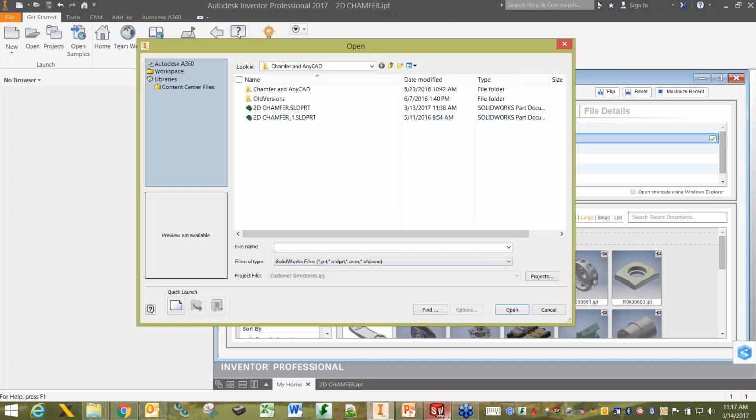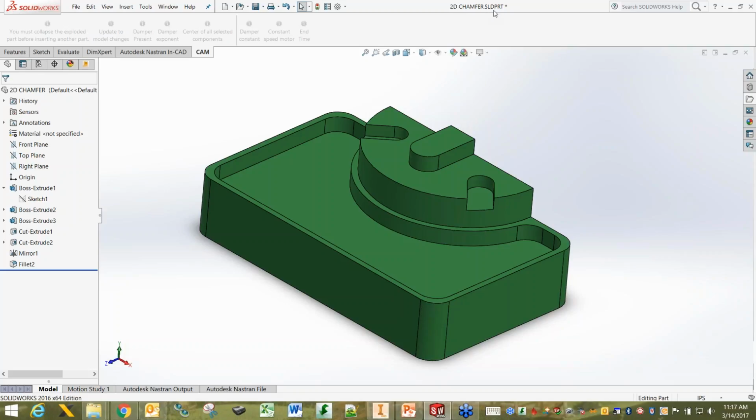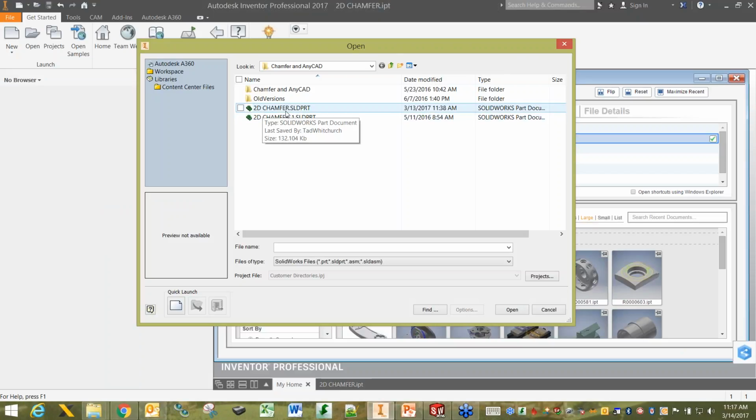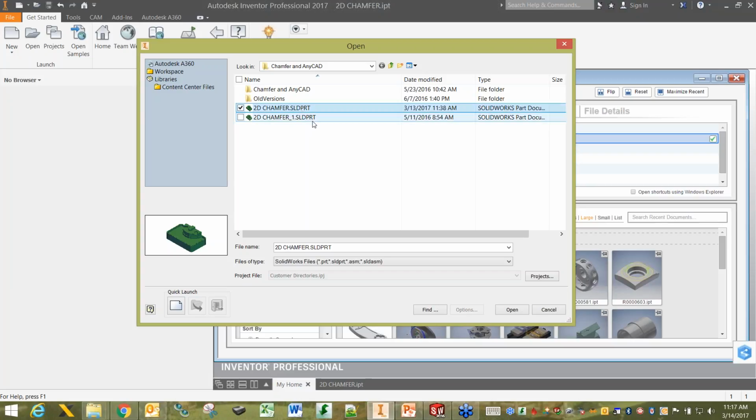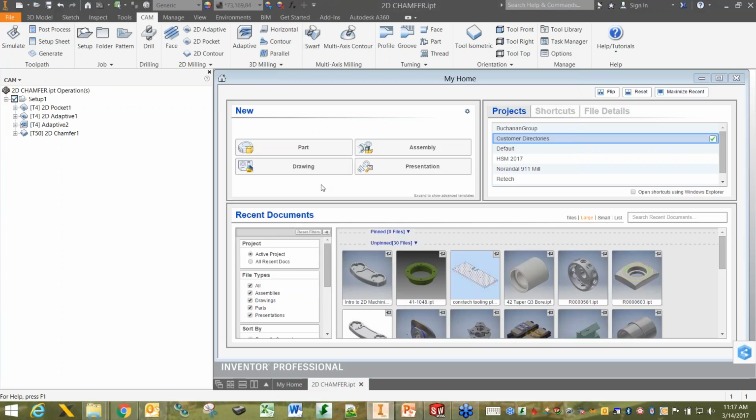And we can verify it's the 2D chamfer.sldprt. So I'm going to go and open up the 2D chamfer.sldprt. Now when I hit open, this is where the Inventor AnyCAD takes off. So Inventor AnyCAD now looks and sees, let's go here,